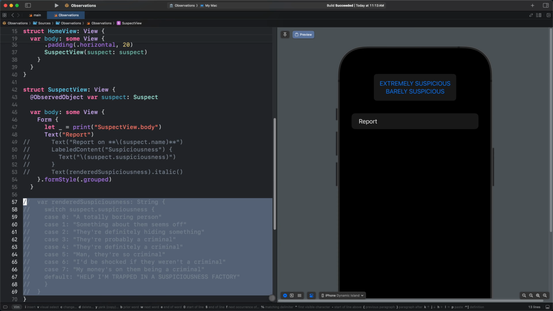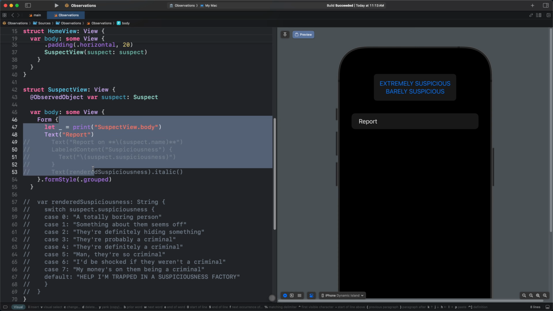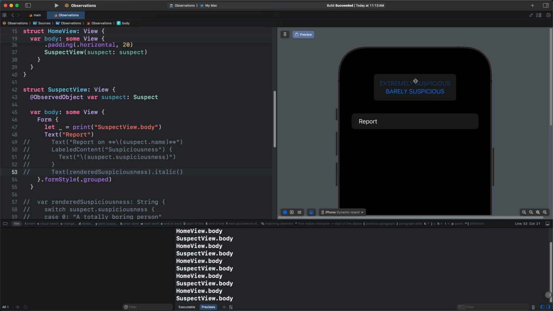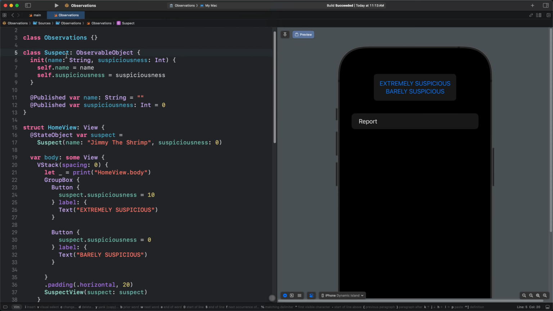Let me remove everything from this. So it's a fairly boring view that, while it holds on to a suspect, doesn't actually ever use it. And if I regenerate this and start mutating the suspect, we'll see its view is still rendered over and over again. And this is a huge problem with the observable object model,